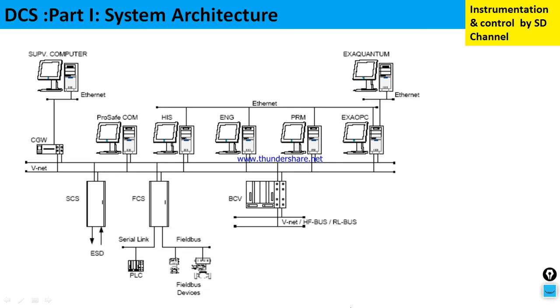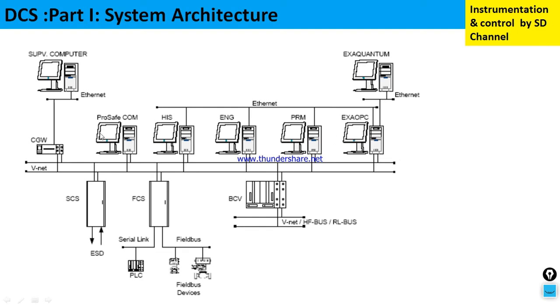So these are the typical components which are installed in case of a big industry. You can see here one FCS, field control station. The number of FCS you can connect depends on the number of IO. Now this FCS is connected to the VNet communication bus. And this is the Ethernet communication bus, which is connecting a number of HIS or different types of servers to each other.